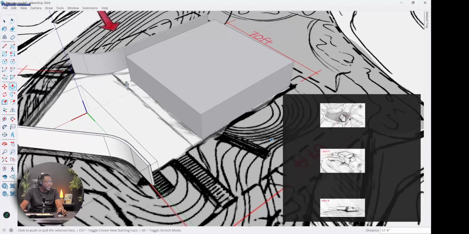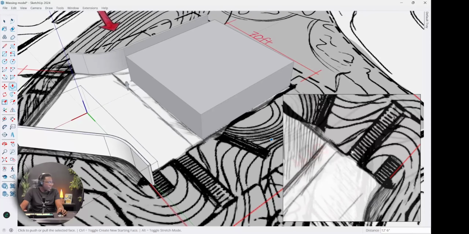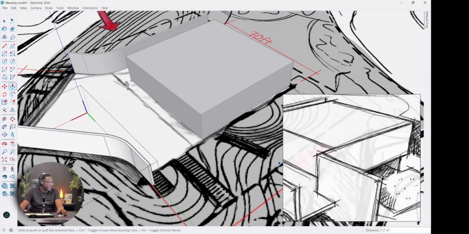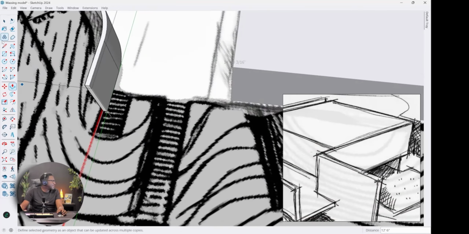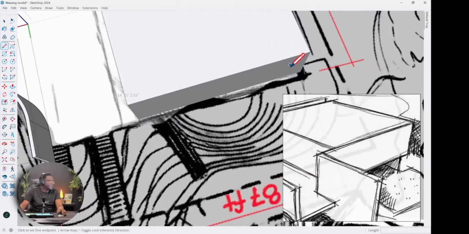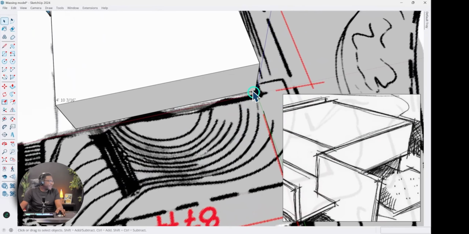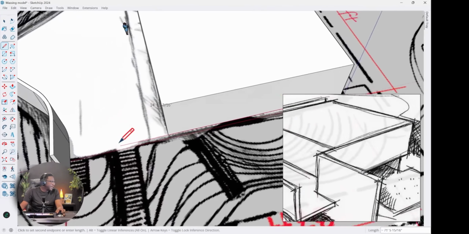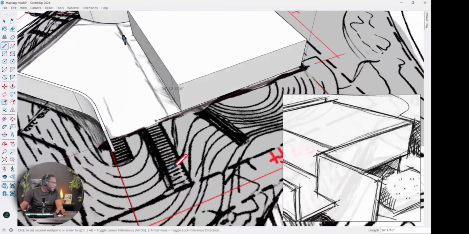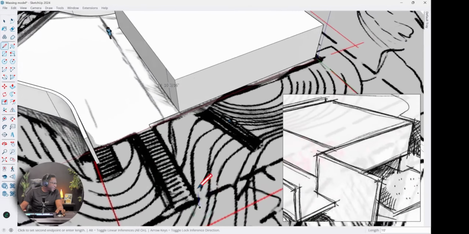And if we look on that in plan, that's this wall here. So it kind of comes around on the edge of this. So we're going to do the same thing. It looks like it has a little curve as well. So I'm going to start, let's press escape to get out of the group. So I'm going to start from around here. So I'm going to use my line tool, and I'll draw a line that goes from there to maybe there.